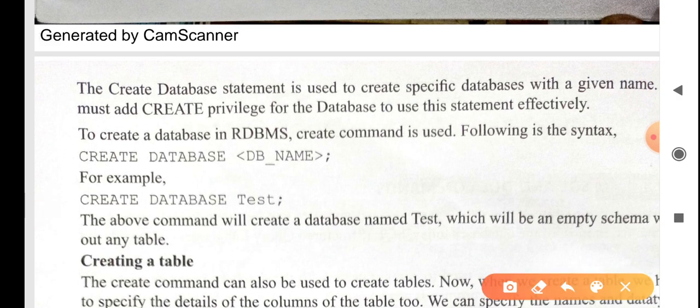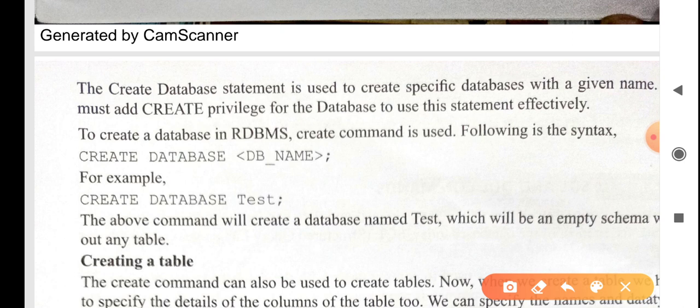In order to create a database, you need the CREATE DATABASE command. After CREATE DATABASE, you write the name of the database you want to create, and after that a semicolon. So this command is used in order to create a database. Now in this command you can see that CREATE and DATABASE are written in uppercase, whereas in the angular bracket there is written db name.